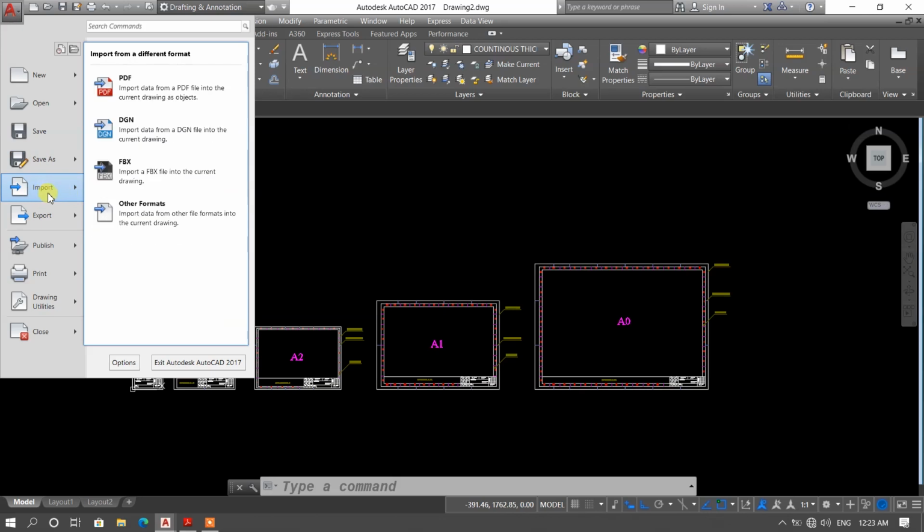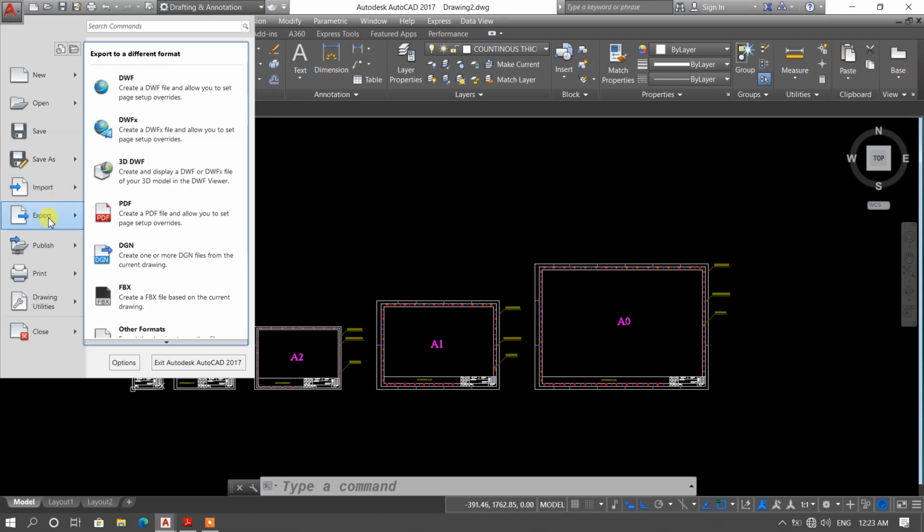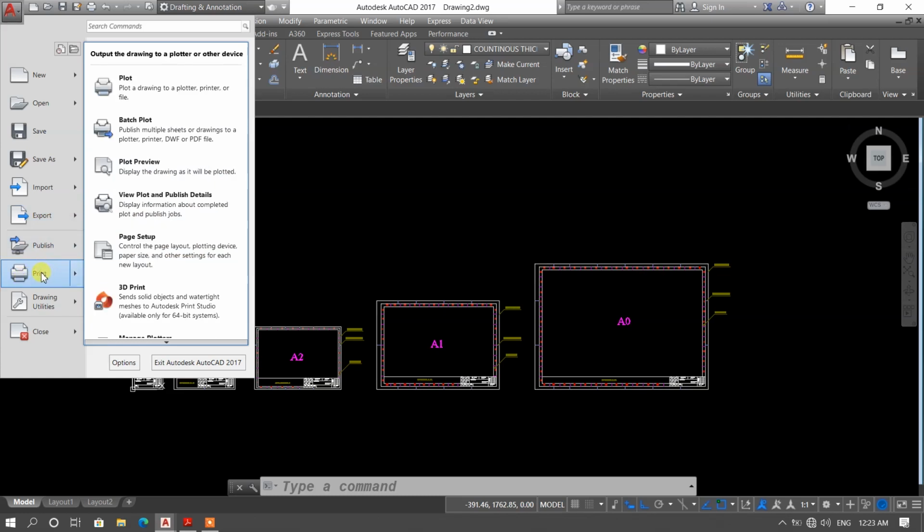With this option, you can import drawings from PDF or DGN to AutoCAD software. With this option, you can export your drawing in the form of PDF format or DGN format or in DWF format. With this option, you can create the print of your AutoCAD drawing.